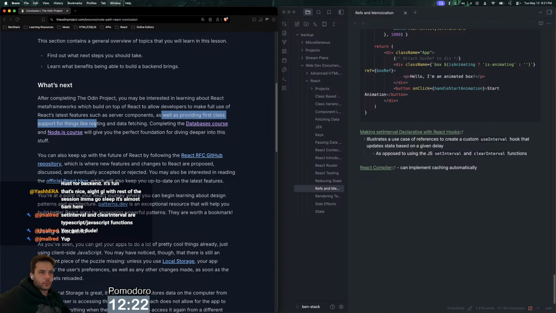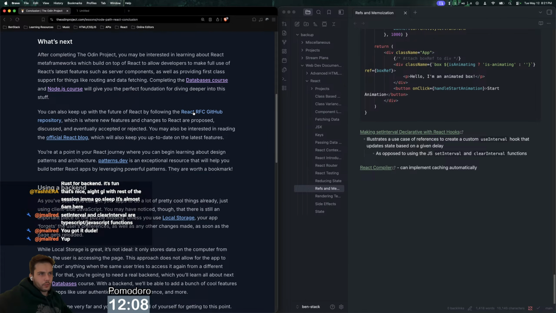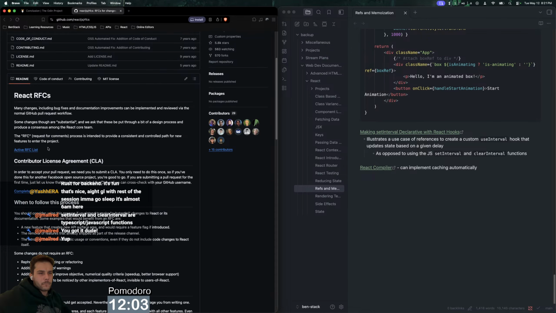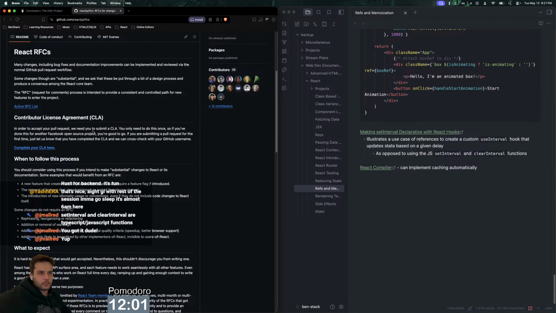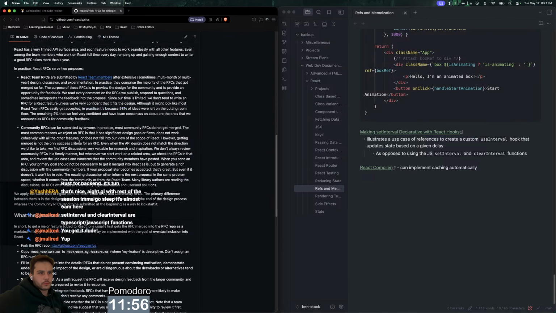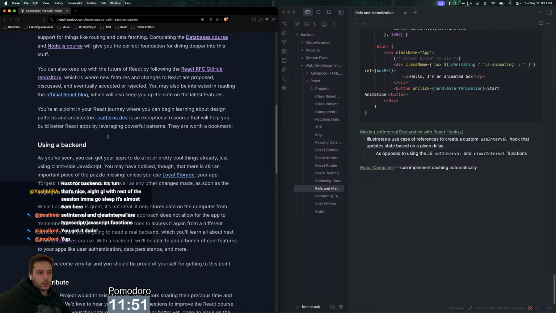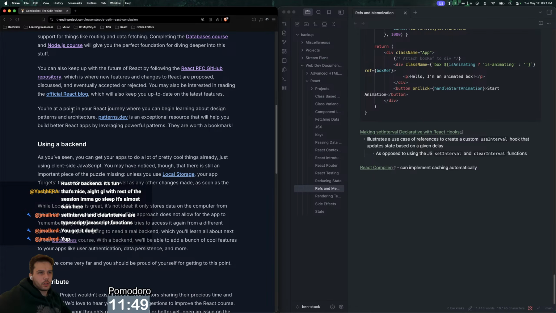As well as providing first-class support for things like routing and data fetching, completing the databases course and Node.js course will be the perfect foundation for diving deeper into this stuff. You can also keep up with the future of React by following the React RFC GitHub repository. Is React, I guess it is open source, right? Yeah. Interesting. Using a backend, as you've seen,